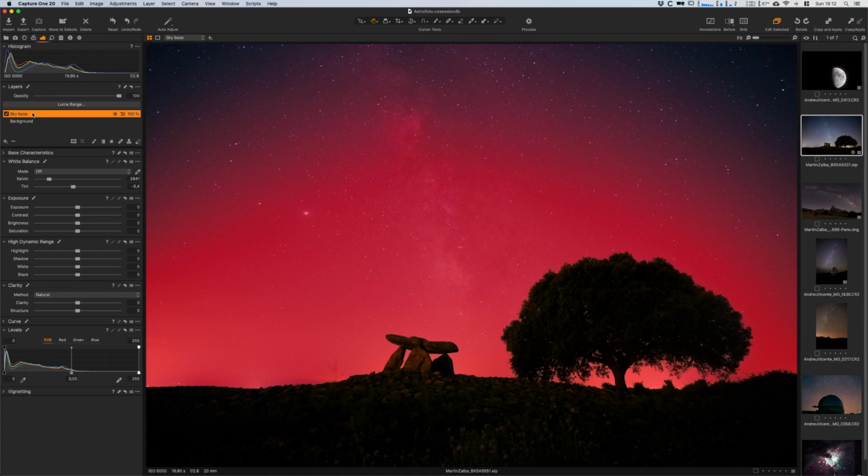In order to do that, I will need to rasterize this mask. So I'm going to right click on my layer and click on rasterize mask. And what rasterize means is that it's no longer a Luma Range mask anymore. You can see that this little sun icon that was here disappeared. It means that it's right now just a regular mask, and that means that I can just paint it in